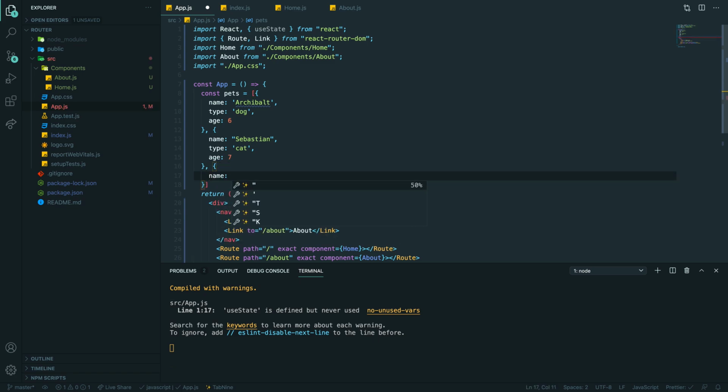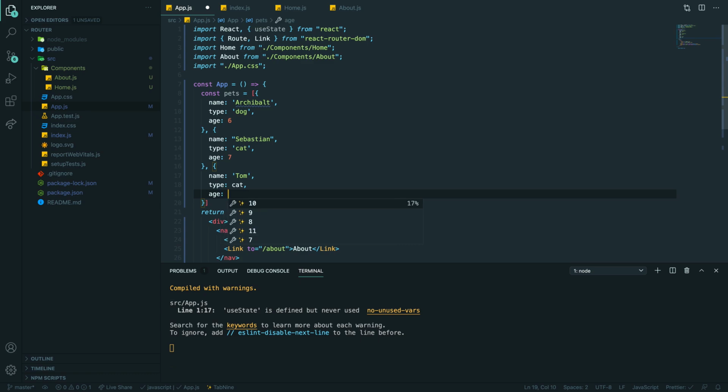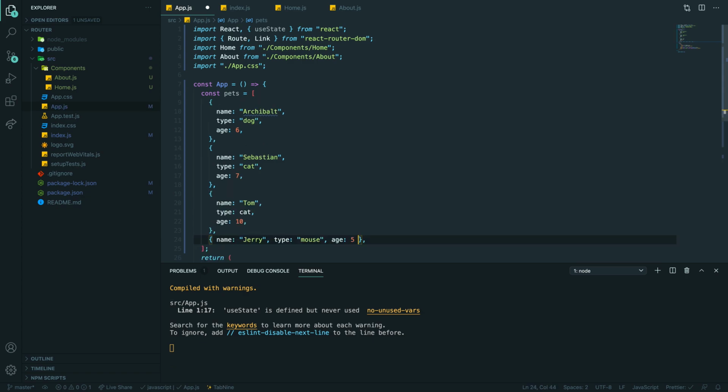Another pet, I don't know, Tom, cat, right? Age. It was pretty adult, right? From Tom and Jerry. Yeah, name: Jerry. That was type mouse, right? And age, I don't know, also 5, potentially 5. Okay,